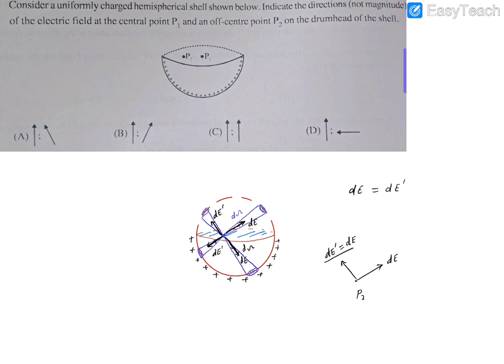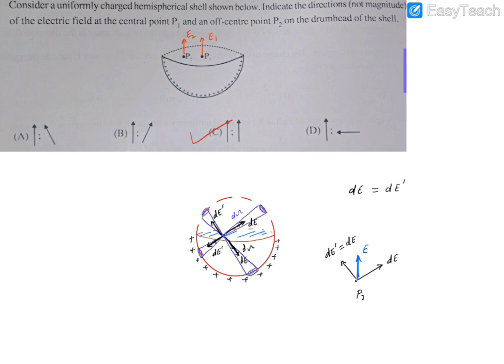So you'll find, since these two vectors are identical in magnitude and oriented like this, they must have a resultant direction in this. So that will ultimately be the direction of the field at P2. That will become our final direction. So we can say finally that at P2 the total field will be in this direction, you can remember that, and at P1 it is going to be again in the same direction. So our correct answer will become both parallel, that is option C.